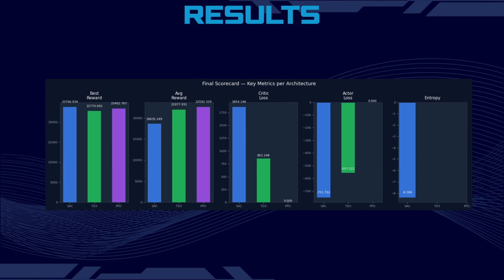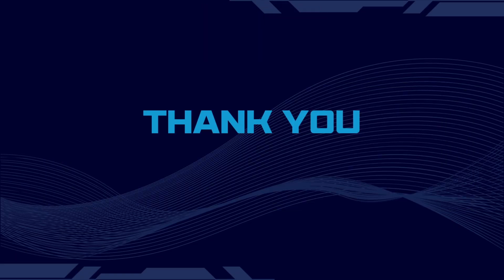Similarly, you can see the results through a plot. You can see the highest average reward is seen in the case of PPO. Again, these numbers might change if we actually run the training for much longer. We could only train it for 5 minutes, I mean 500 steps. So I think that's it from my side.